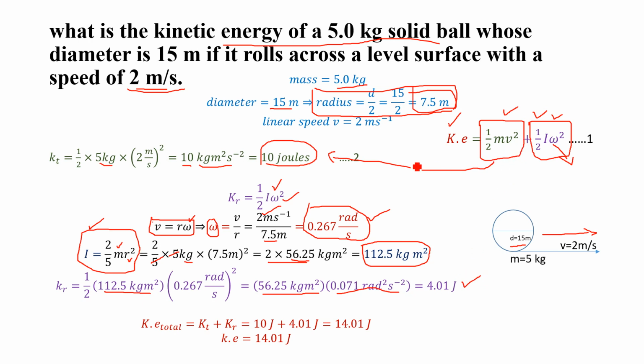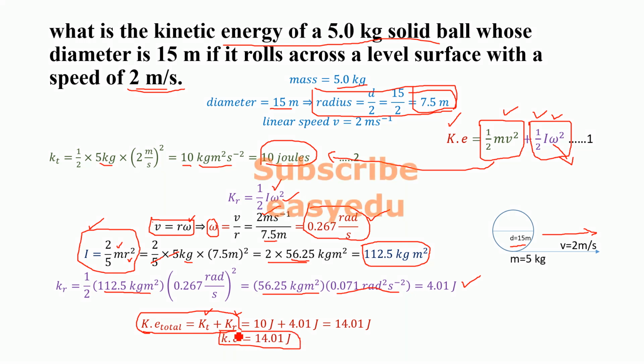Now we know that translational kinetic energy is equal to 10 joules, and the rotational kinetic energy is 4.01 joules, and the total kinetic energy is equal to the sum of the translational kinetic energy and rotational kinetic energy. Substituting the values for kT and kr, we will get 10 joules plus 4.01 joules, which is equal to 14.01 joules, and the final kinetic energy, or we can say the total kinetic energy, is equal to 14.01. So this is the kinetic energy of this